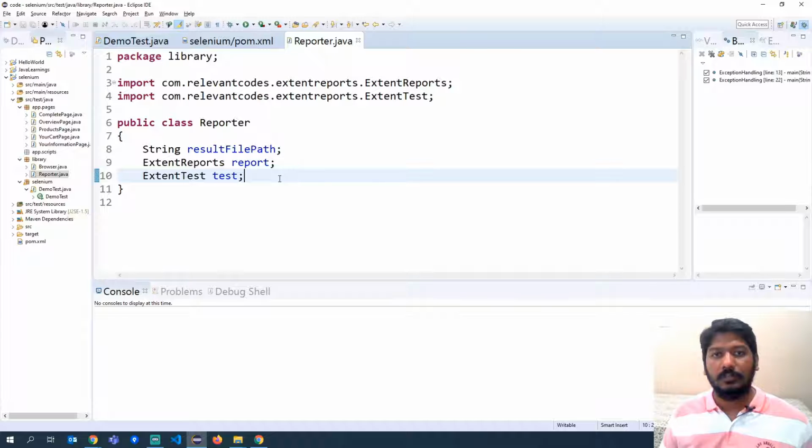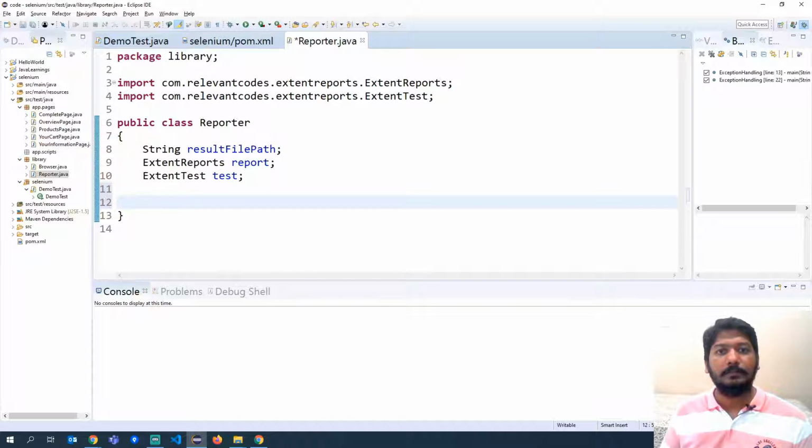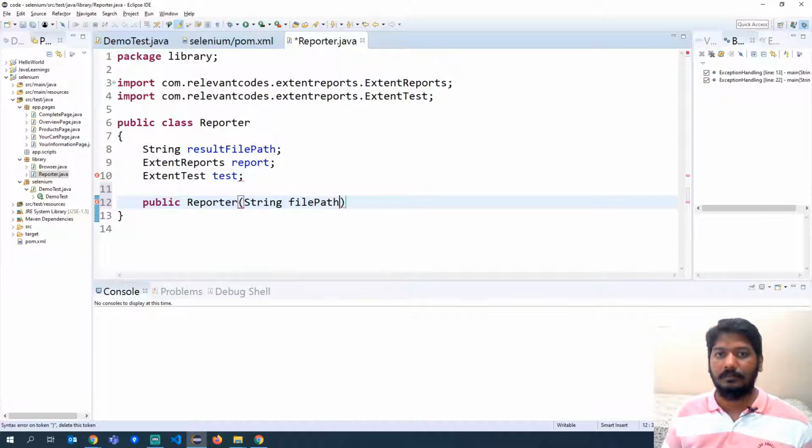Now what I will do, we have to first create an object for this report. Okay. So how will you create that? Let me create a constructor here, reporter, string file path.